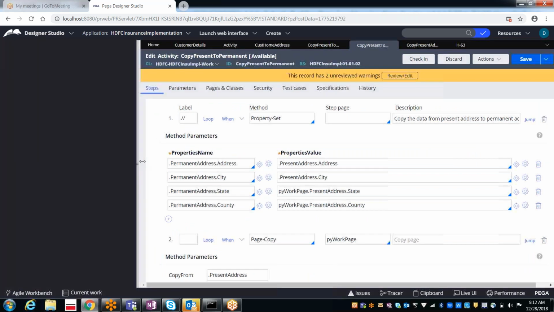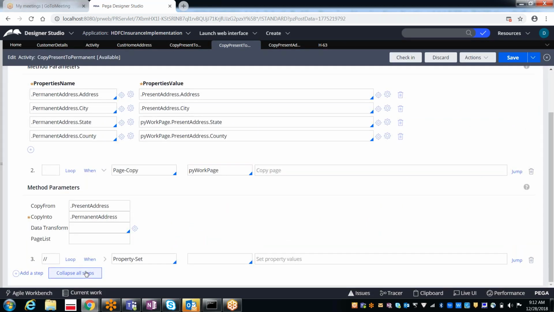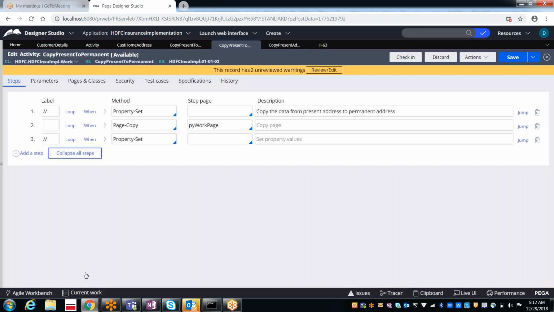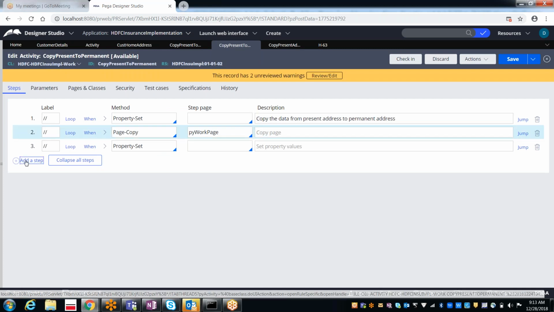So how can you do it? From the activity also you can call the data transform. How? Simply add a step.